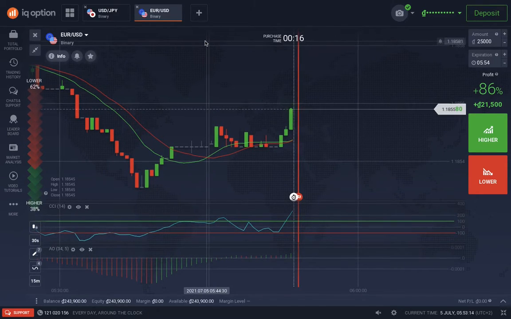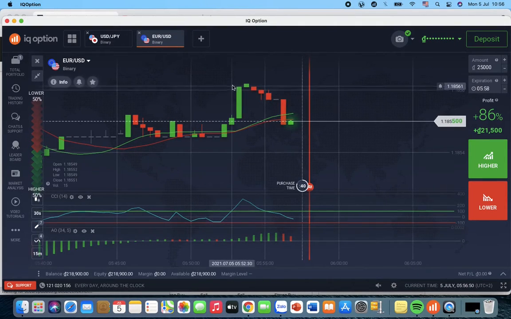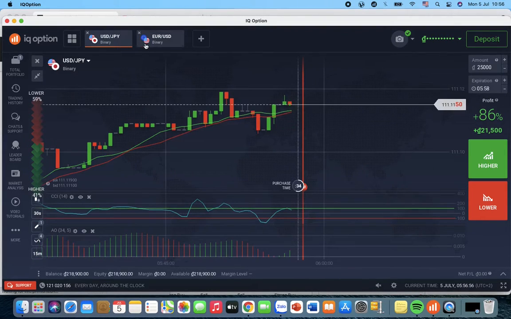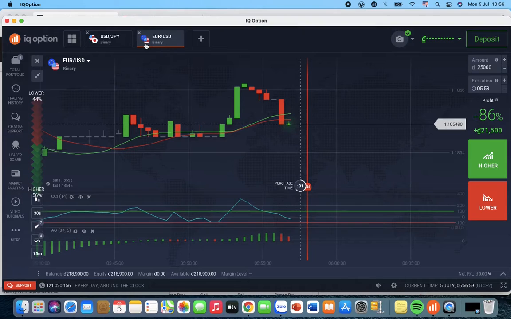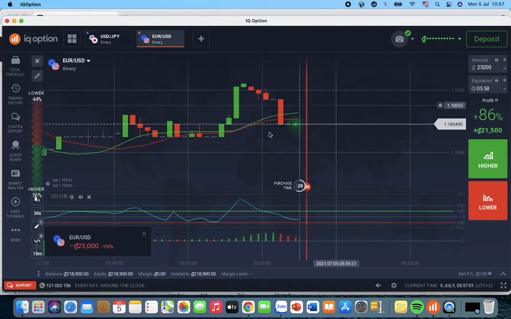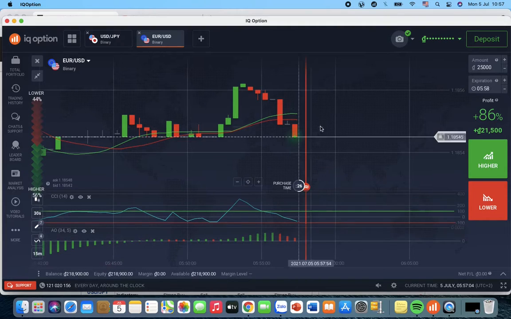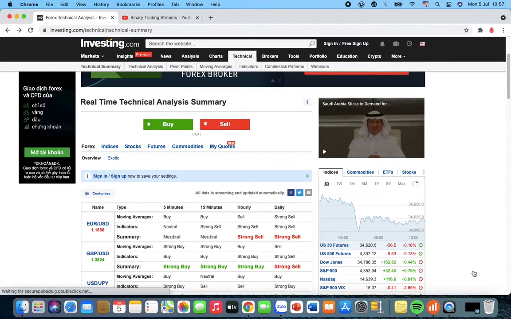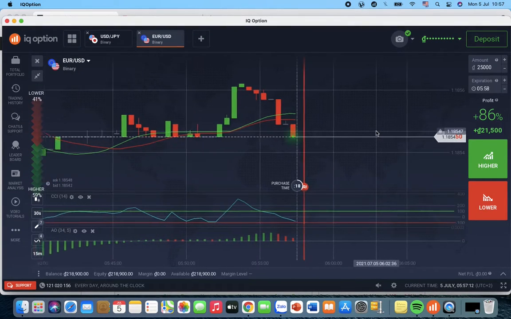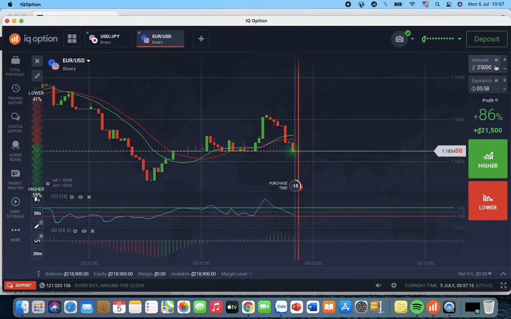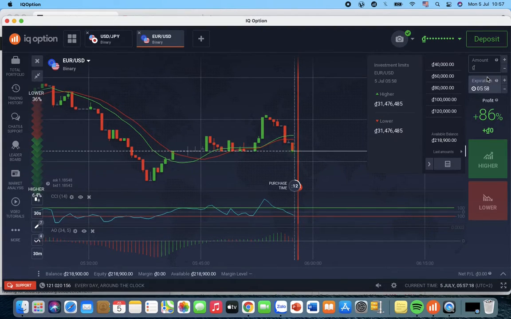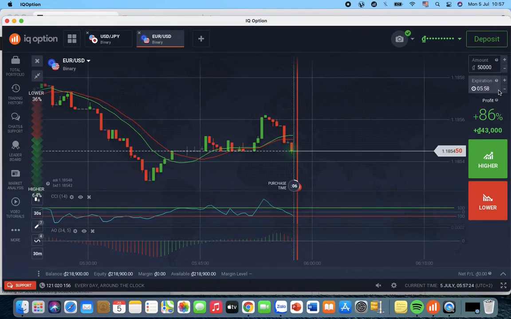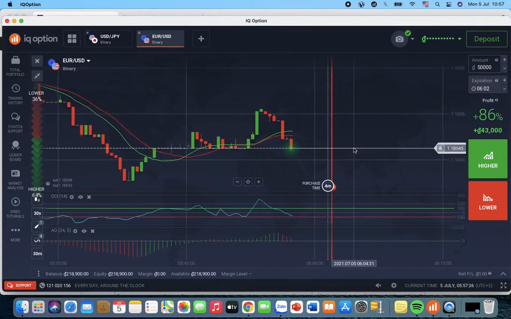So in this moment price is going down here. Price is going down here. Alright, so investing.com says what? Says it's neutral. Let's make it 50 because we've been waiting a bit. Alright, good. So we're gonna go in 5 minutes here